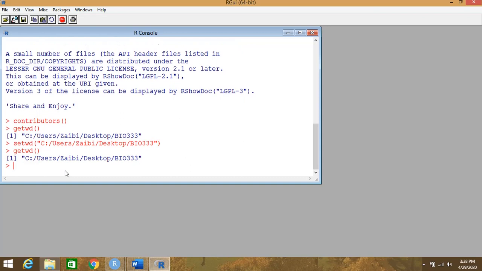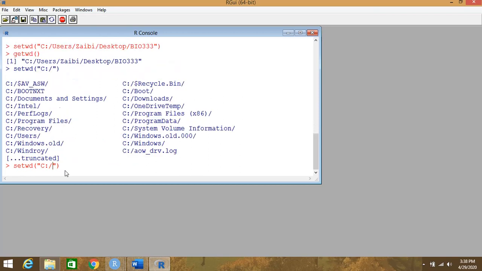We can also do setwd by writing the full path ourselves. We type C colon, then a forward slash, and press tab. When we press tab, it will guide us where we can move further.